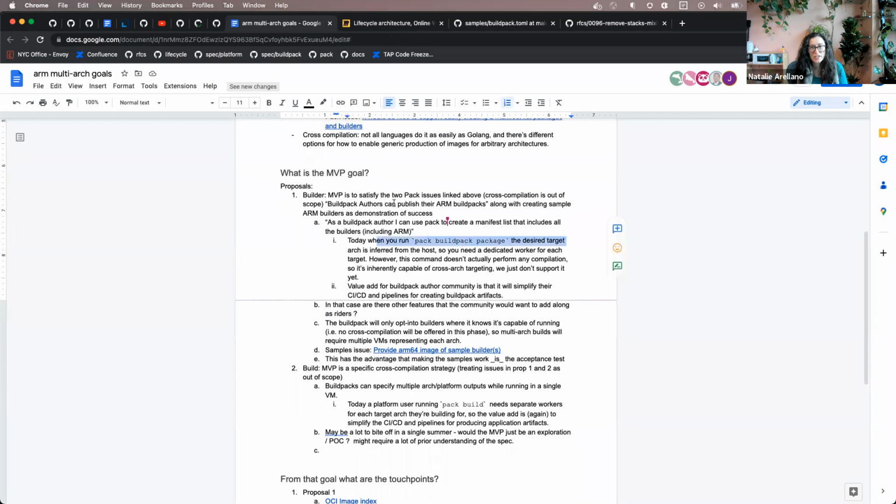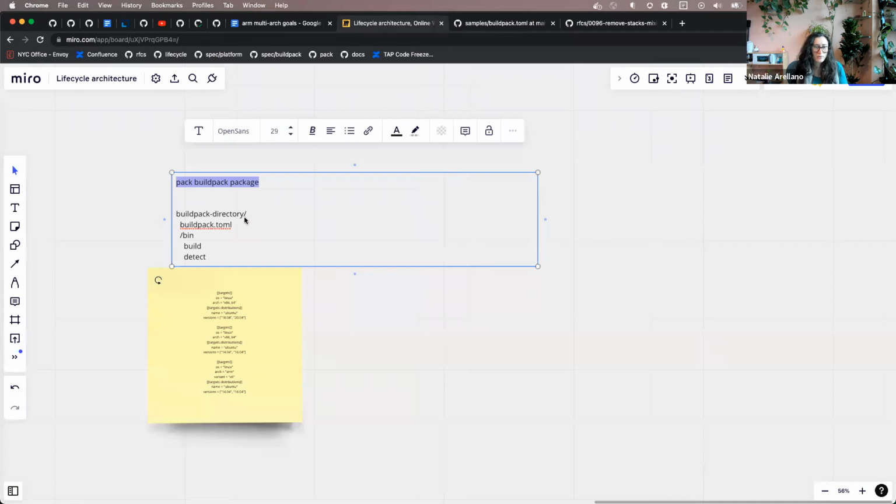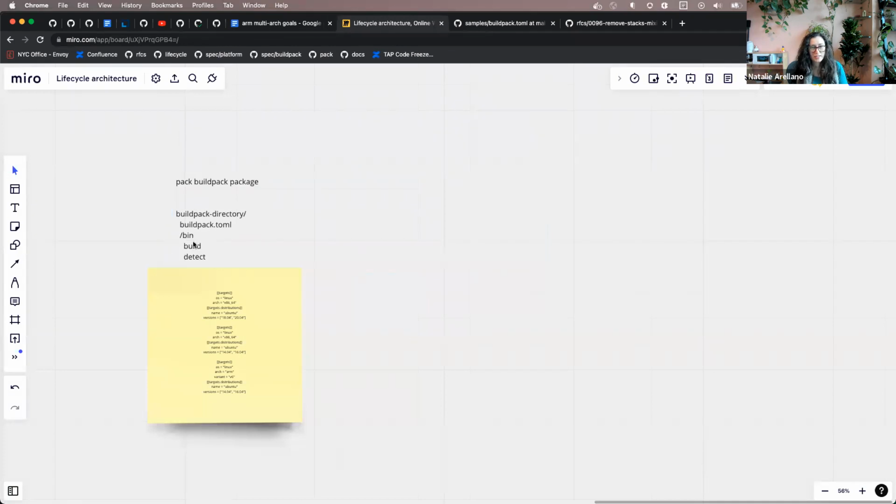Yeah, this pack issue. I didn't really show what we do, but just to complete the picture, pack will slurp up this directory and create a tar file.